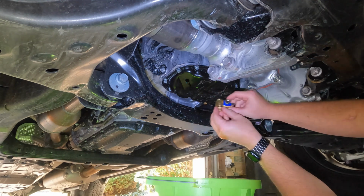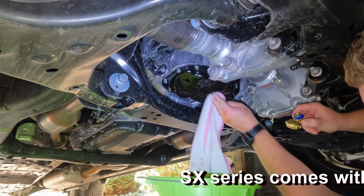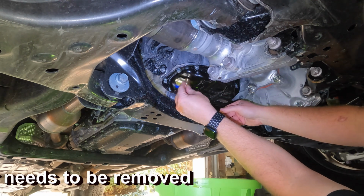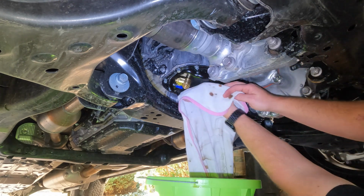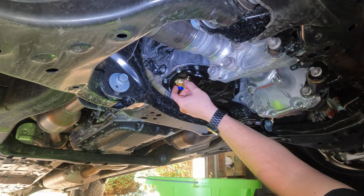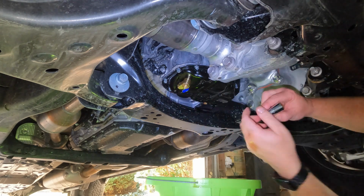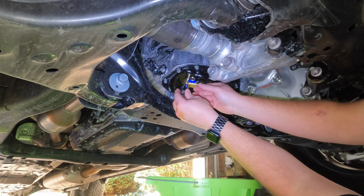And with this SX series, I'm going to start to hand tighten it. Actually, what I'm going to do, I'm just going to clean that up one more time right there because it's still a slow drip. So before we tighten it all the way, I'm going to use the 17mm like I mentioned, and what I'm going to do is face